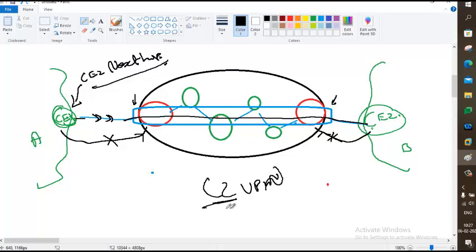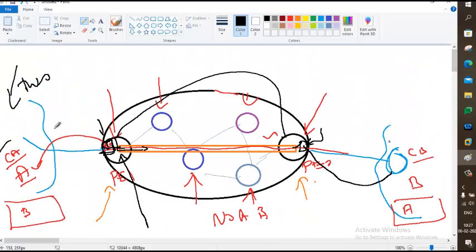In layer 2 VPN, if here it is 10.0.0.1, definitely here also it should be 10 subnet. Whereas in layer 3 VPN, if here it is 10.0.0.1, it cannot be 10 here. It can be maybe 172, because it is layer 3 VPN.